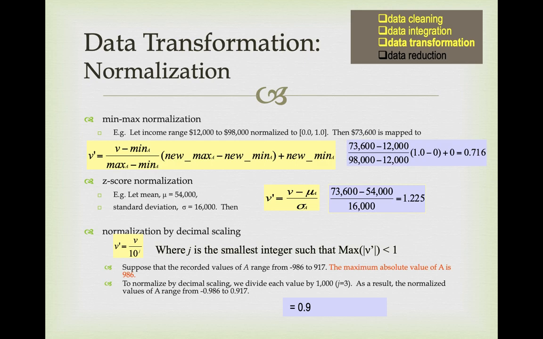So this is, as you can see here, min-max normalization. First of all, v. What is v? Okay, this is v, minus the minimum of a. What is the minimum value? This is the minimum value, right? Okay, divide by